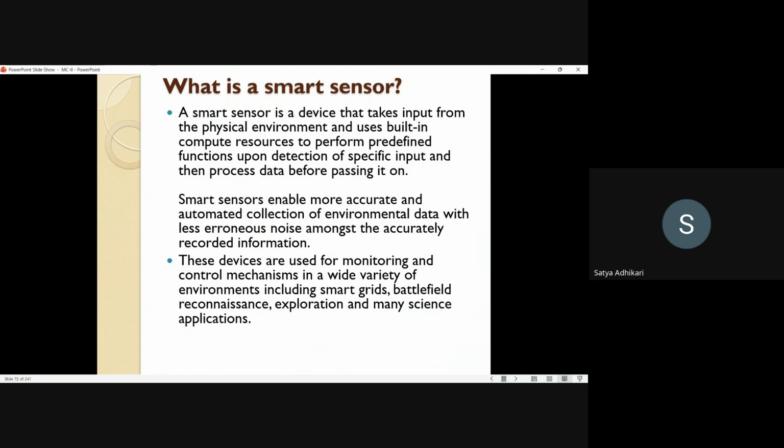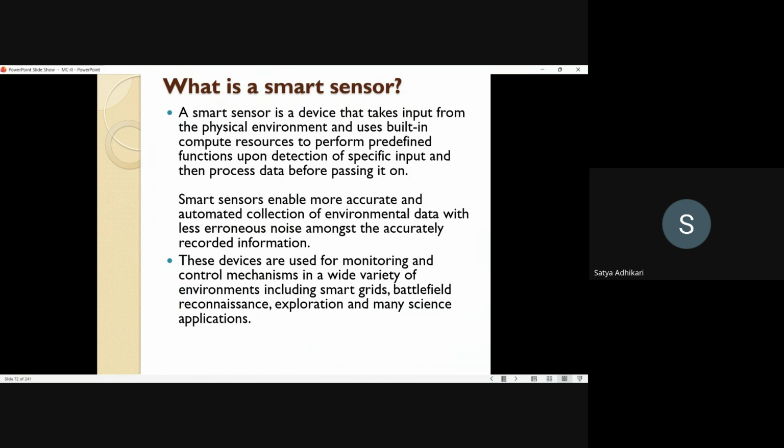So the mechanic who is responsible for this machine immediately comes and stops the machine. That is, he got the information that the temperature has already risen. If we run the machine for more hours, there may be some damage to the machine. That is why this sensor works like this, and the devices are used for monitoring and control mechanisms